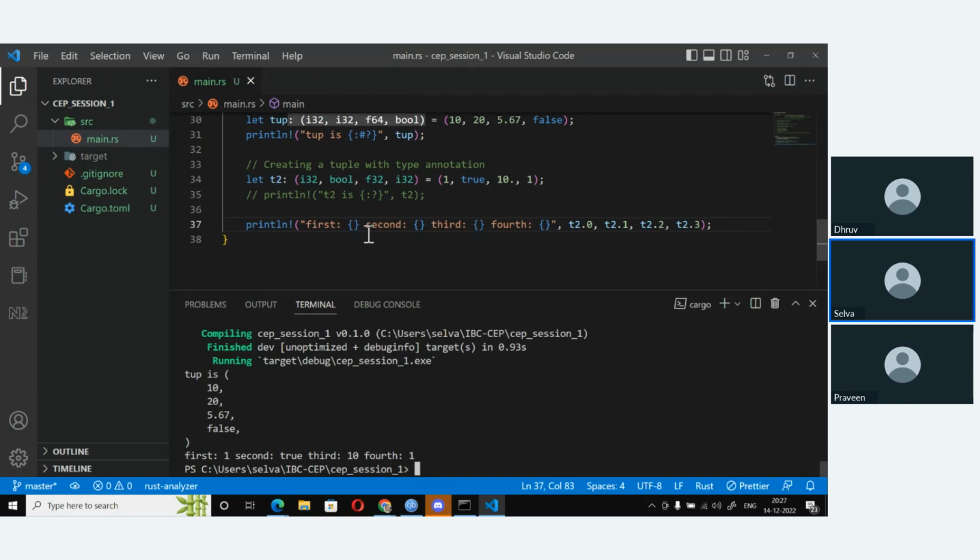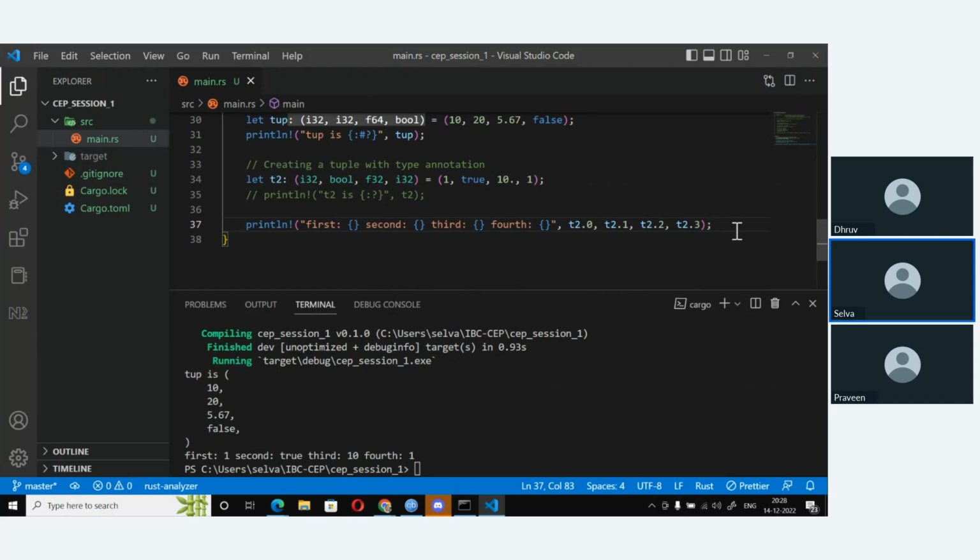That's tuple for you guys. Now the question is, where can I put it to use? Tuples are kind of stripped down versions of structures. The only difference between structures and tuples is that structures have fields with specific names. Tuples don't have names. That is the reason you use tuple dot followed by the index position of the element. If this were a structure, you would use the name of the field. So when you want a lightweight structure without any symbolic information in the form of field names, that's where tuples are used.